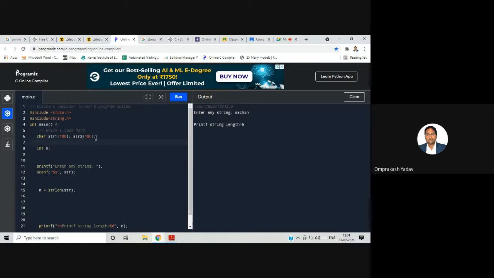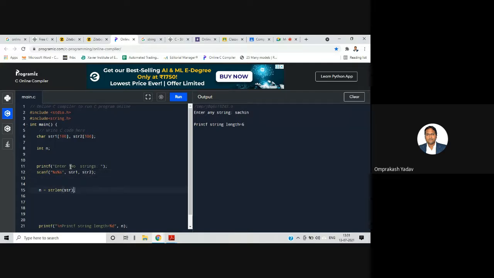I have taken two strings, and then I'll print "enter two strings". The user will enter them, and we will store them with %s, str1, comma, str2, right? Two strings we have stored.